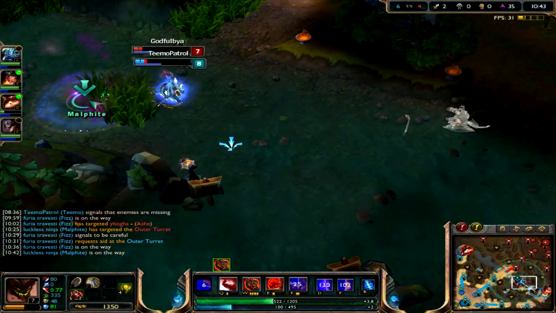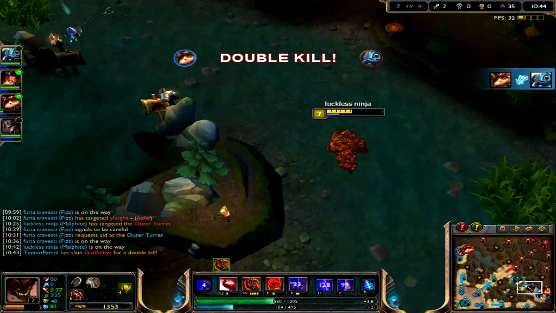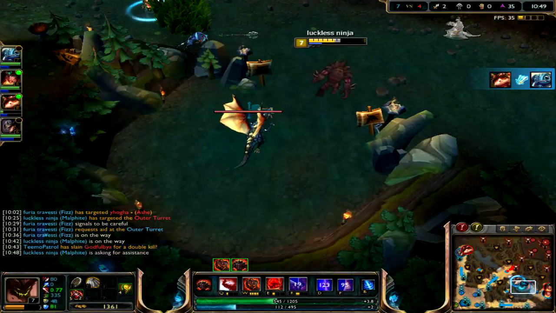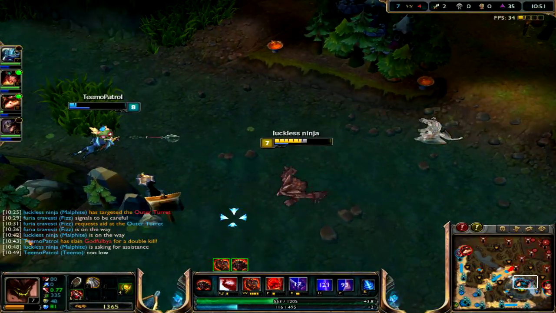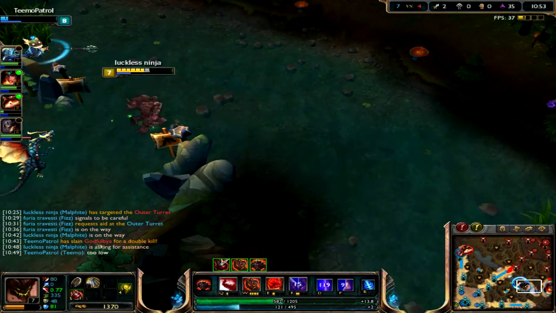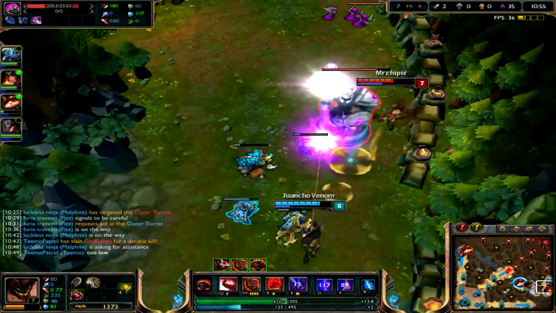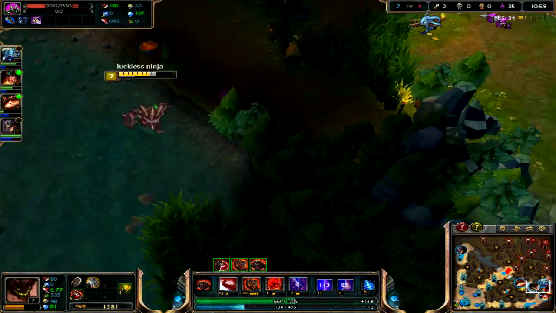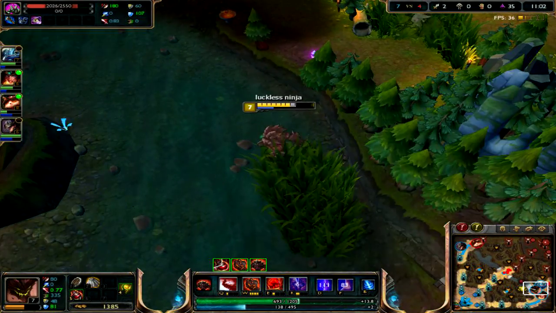Alright. Say we're on our way. Teemo double kill. Time for Dragon. Can we do this? Nah. Teemo's too low. I can tank it, but they're not gonna. Whoa! Trying to dive, it looks like. Alright. I have my ult in 10, but I